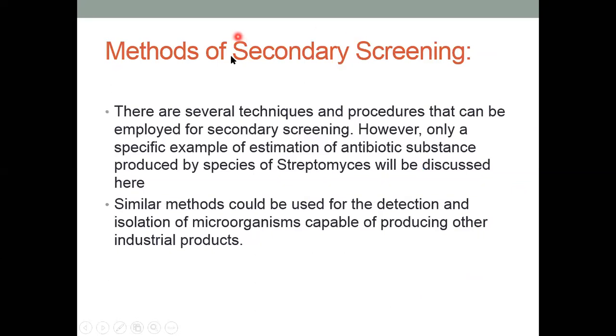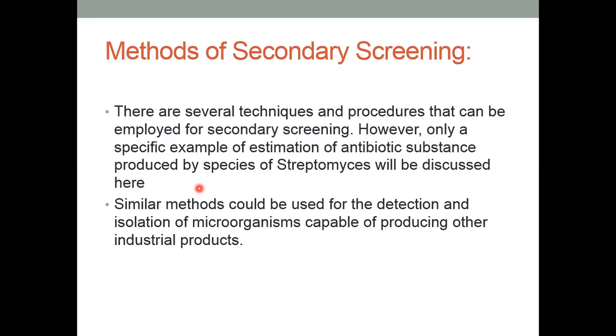So what are the methods that you can use for secondary screening? There are several techniques and procedures that can be employed for secondary screening. However, only a specific example or estimation of antibiotic substance produced by species of Streptomyces will be discussed here. Now, why is this important is because secondary screening would add a lot of details, and in order to determine what kind of details we would be discussing,